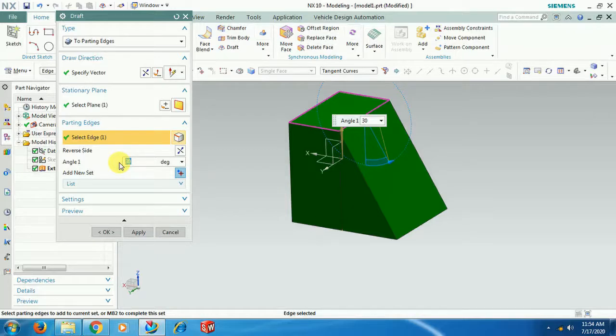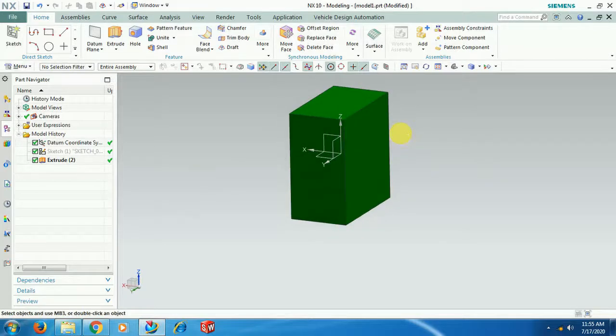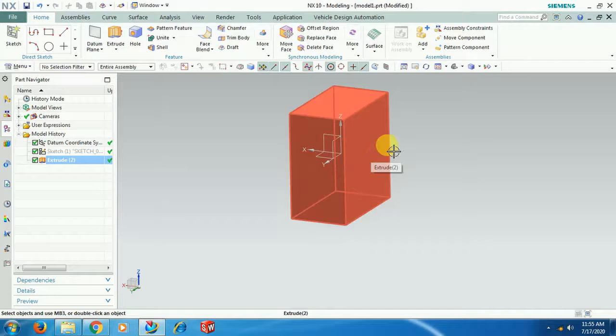The edge which we have selected under parting edge, nothing but the draft angle is given up to that parting edge. Suppose if you select any parting edge at the middle, then the draft angle will be up to that edge only. Then how can I create an edge here on the surface?